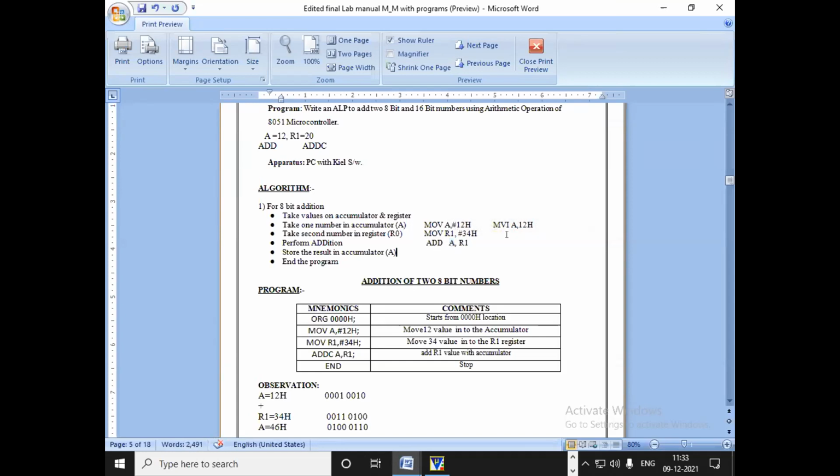That means you can't write it like this. Suppose I am taking a value in R2, and I am writing ADD R2, R1. Huh? ADDC register is not present. In your 8051, we don't have a C register. It is the CF, the carry flag, that will be generated.